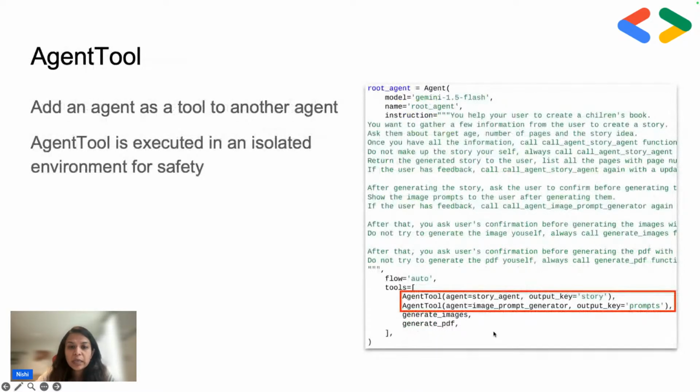Then you can also use agents as tool. So ADK provides two capabilities. One is you can provide agents as tool, and another is you can provide sub agents. So there is a difference between providing agents as tool and providing agents in the sub agent environment. When you're providing agent as a tool, it is executed in isolation, but it is executed in the agent's context, right? While if you are